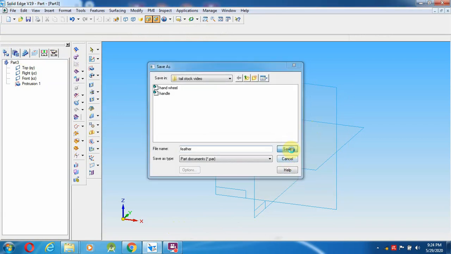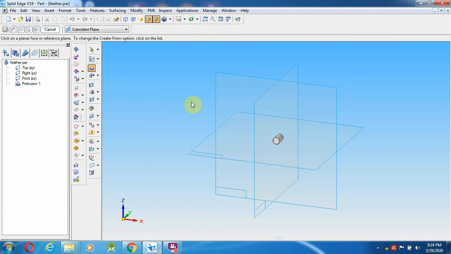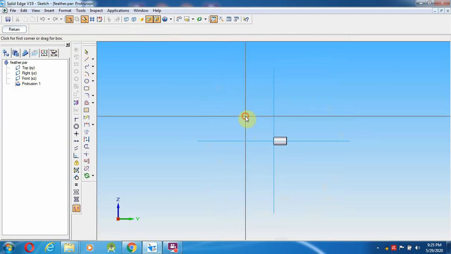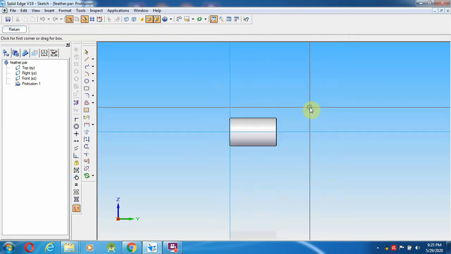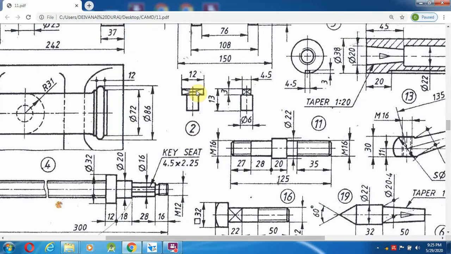After saving this feather, I am going to select the protrusion command, and on it I am going to select the side plane. For the side plane, the height is 3 and the distance is 4.5 mm.